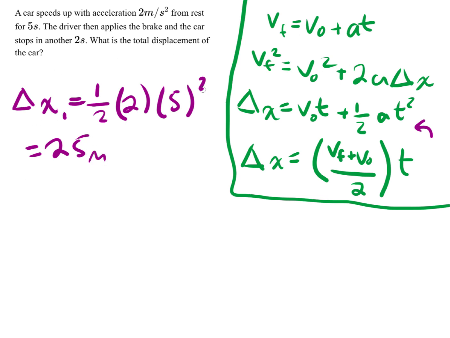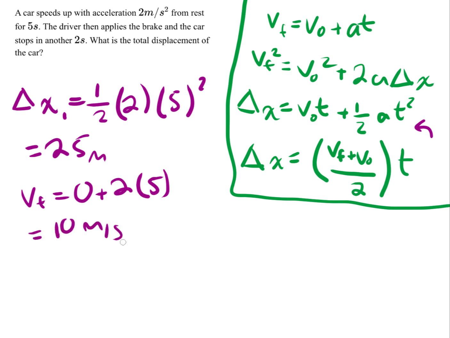Now we need to figure out the displacement of the car when it's braking. So first we should figure out the acceleration of the brake. To do that, we first need to find out the initial velocity before it starts braking. So we know that the final velocity is equal to the initial velocity plus the acceleration times time. The initial velocity is 0, acceleration is 2 meters per second squared, time interval is 5 seconds, which equals 10